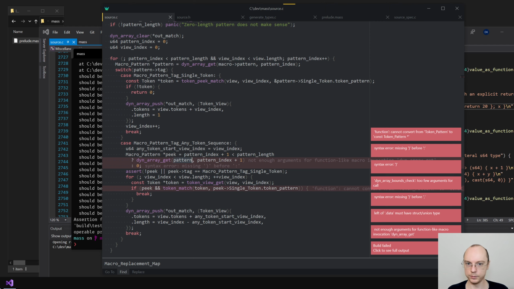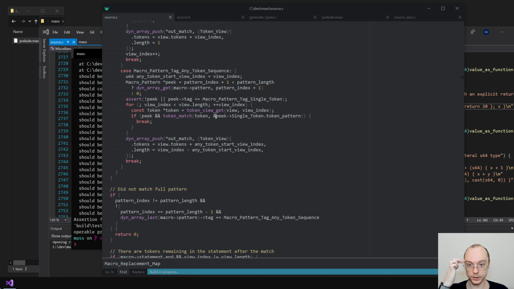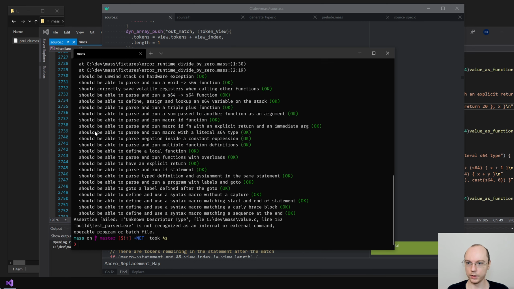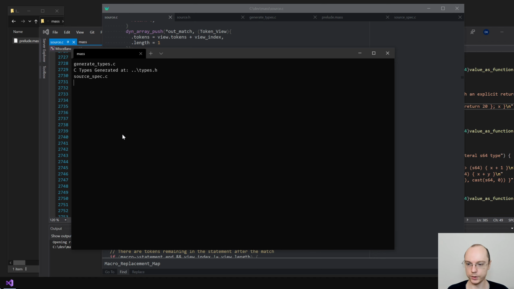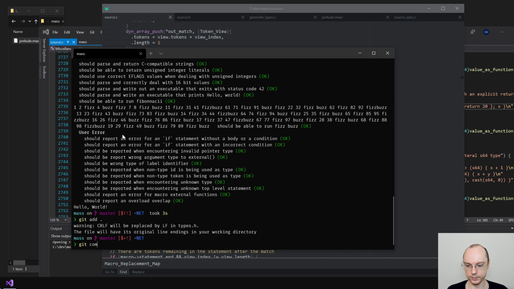It's macro pattern. And this one needs to be ampersand. Okay, that looks good. Let's try to test. And we have it working. Amazing.